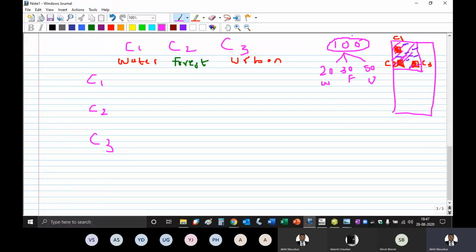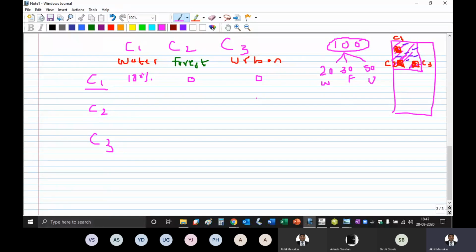Now I give a part of this, so I give 50. If a water pixel is perfectly classified as a water pixel, then the percentage here will be 100%. But if the water body class gets classified as something else, then you will get some values elsewhere.